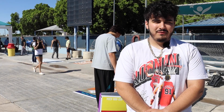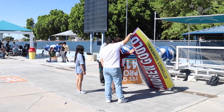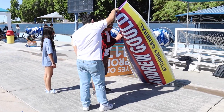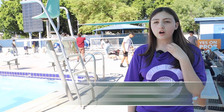Our strategy, well, first, before we got here, was to think of the best shapes for boats, and then who we could get on the boat that was really light. So we got one of our peers to come, and she's very light, so hopefully we can make it across. Our team strategy is trying to make a boat that cuts into the water, so it could